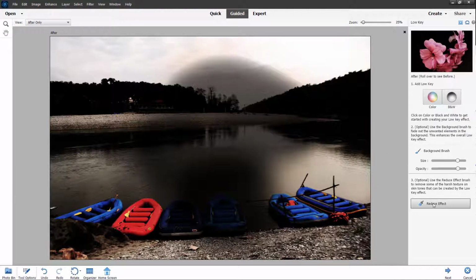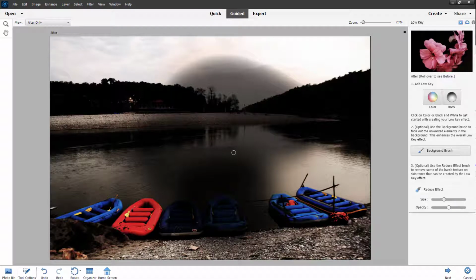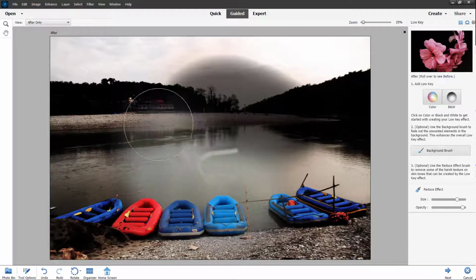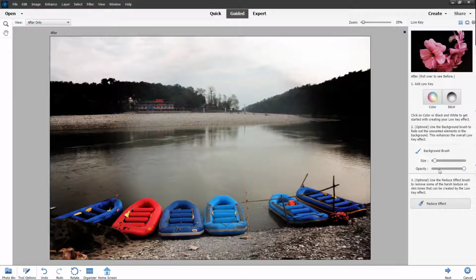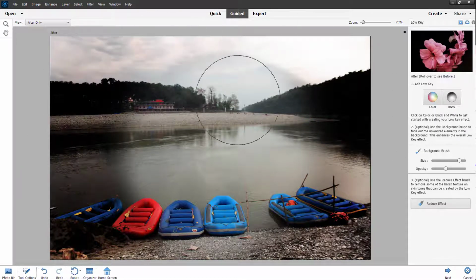So you can go over here and reduce the effect over here as well. So if you want to remove the effect right here, let me just turn the opacity and the size. You can remove the effect altogether over here as well, as you can see. You can go onto background brush, turn down the opacity, increase the size, just like this to get a bit of the effect back over here, just like this as well, and then just work around with this. So that is how you can utilize the guided low key effect inside